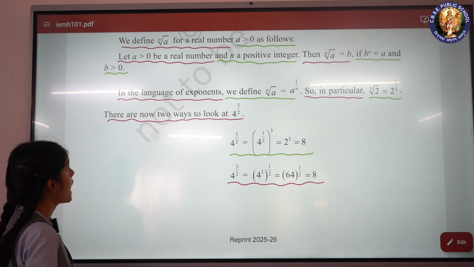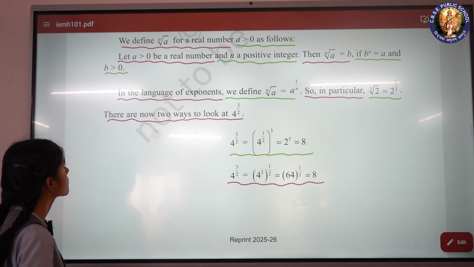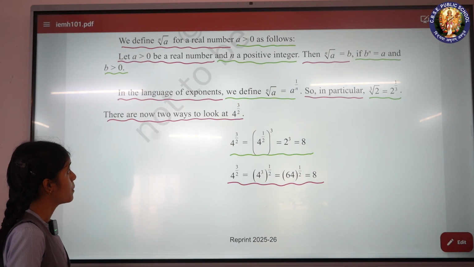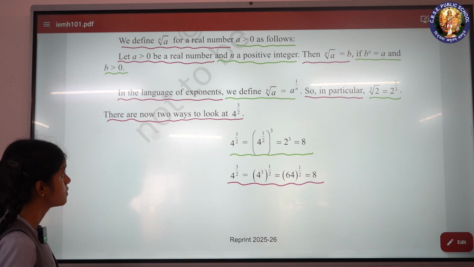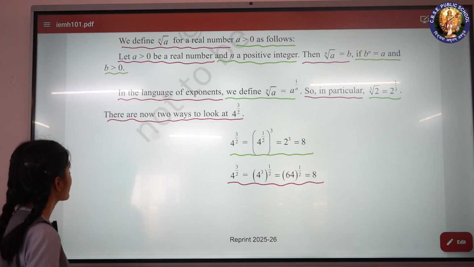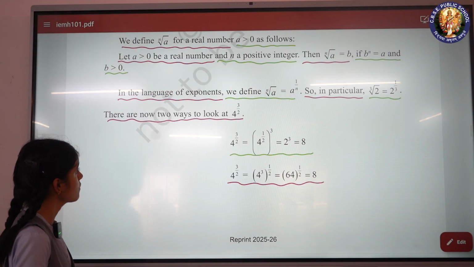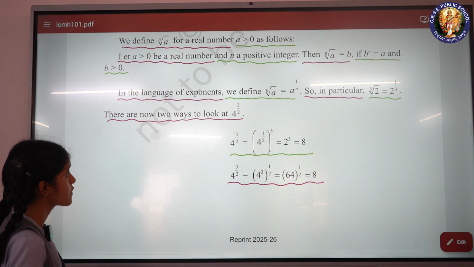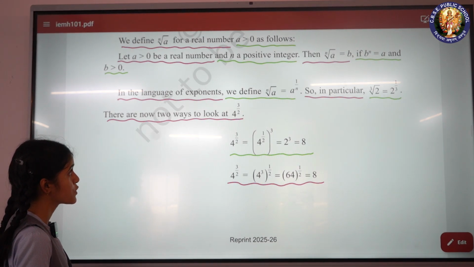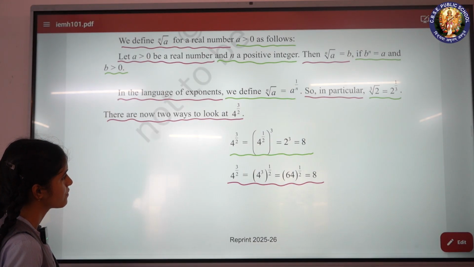We define n root a for a real number a greater than 0 as follows. Let a greater than 0 be a real number and n a positive integer. Then n root a is equal to b